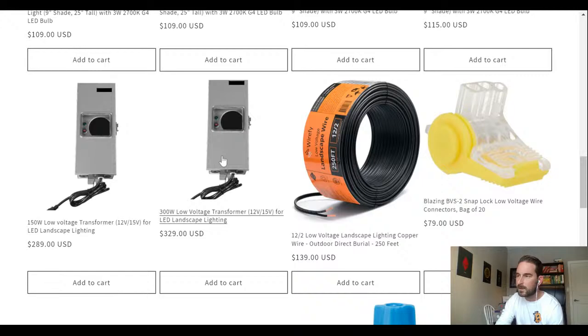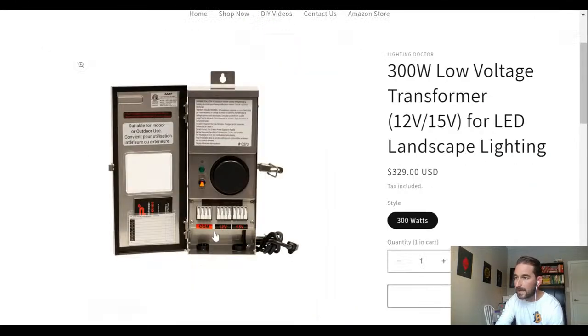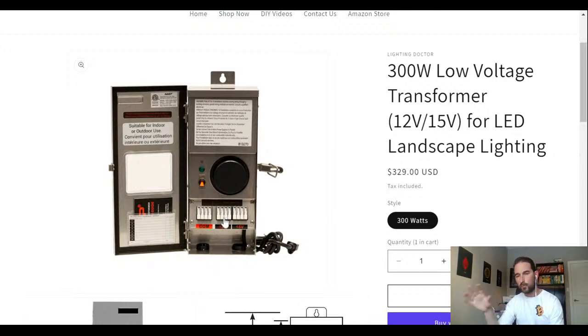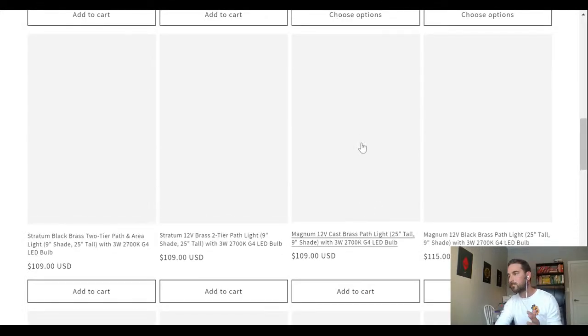The other reason transformers like this are good is because they have these multi-taps. So why this is important is, again, if you see an old school 600 watt transformer, it's got like an 11, a 12, a 13, a 14, a 15. The reason for that is, when you used to have halogen systems, they would have halogen bulbs,